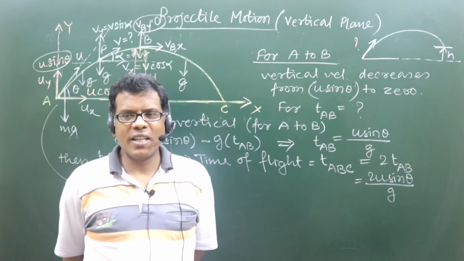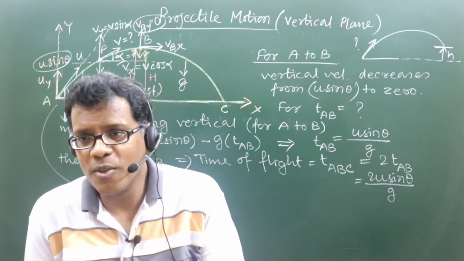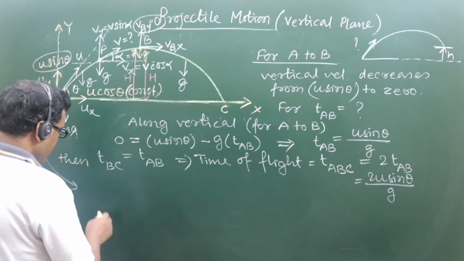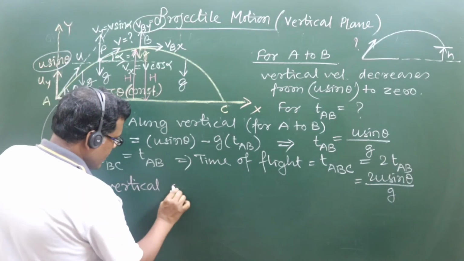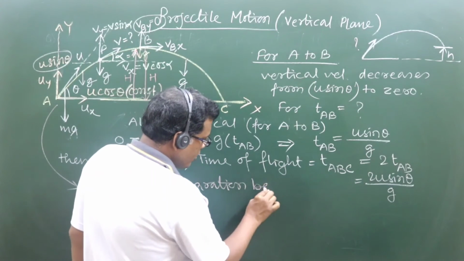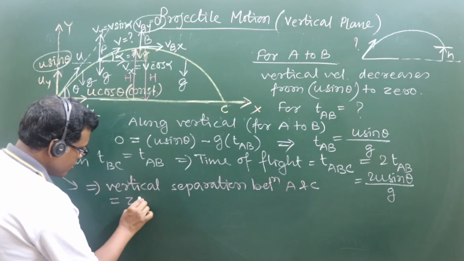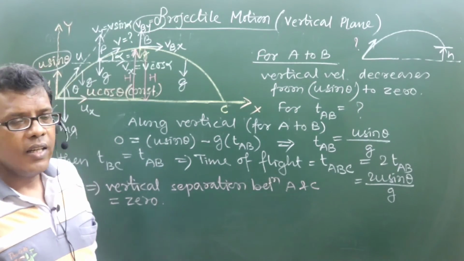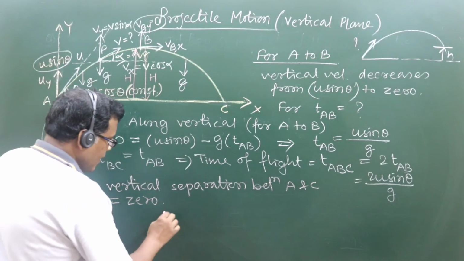Won't it be 0 as the vertical separation between A and C? Yes or no? If the vertical separation in the overall journey from A to C is 0, then